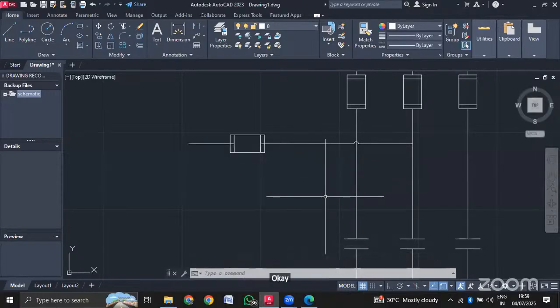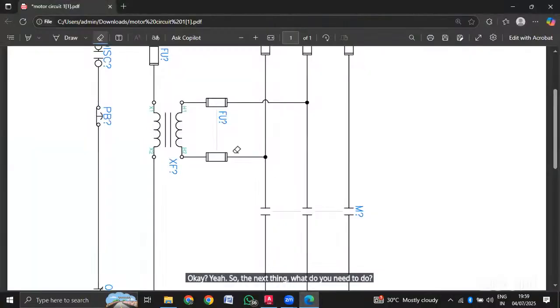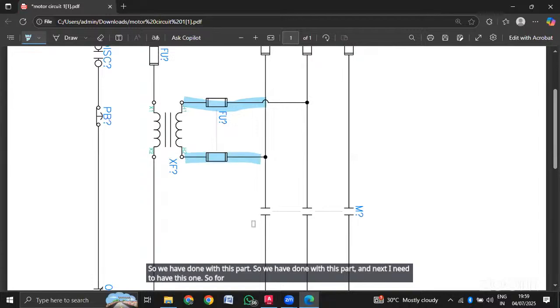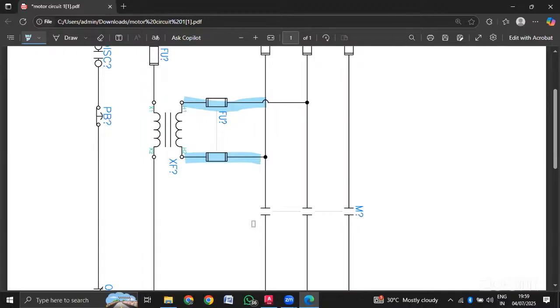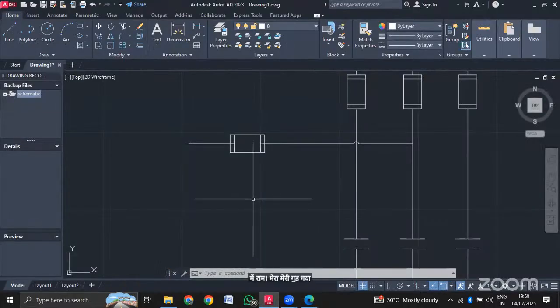Okay. So the next thing, what do you need to do? So we have done with this part, and next I need to have this one. So for this, what can you do? Mirror. Very good, very good. So I can go for the mirror,